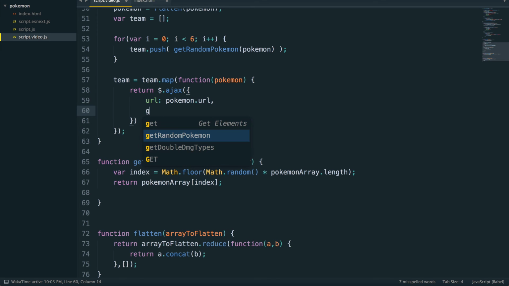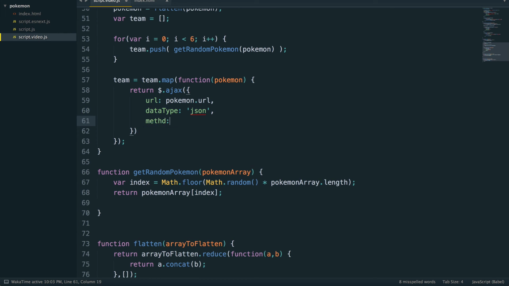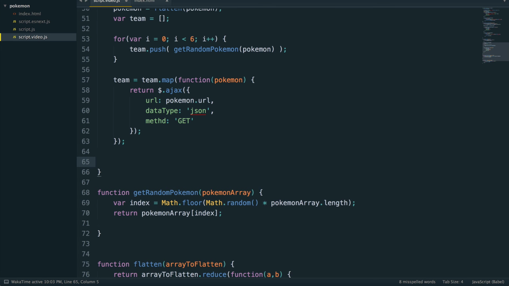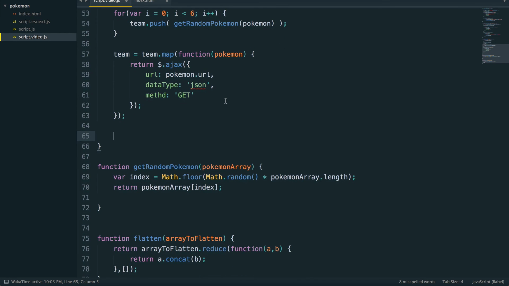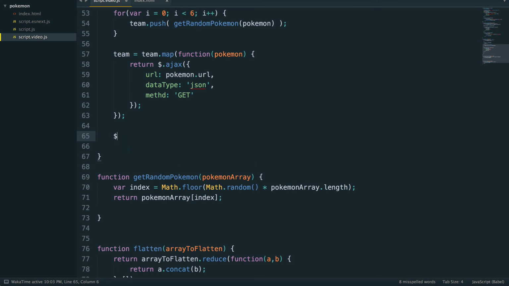And again, I'm just going to do the old, what am I looking to do here? Data type JSON, and method get. Sweet. Cool. Okay, and I'm just going to skip the portion where I log that out. I will tell you that this is now an array that has all those calls on it, and I can say $.when, and again we have to use .apply null team